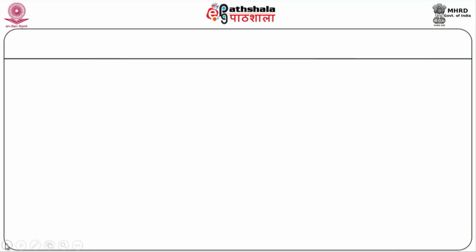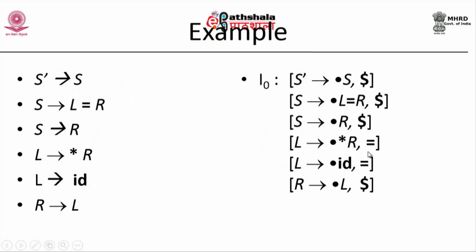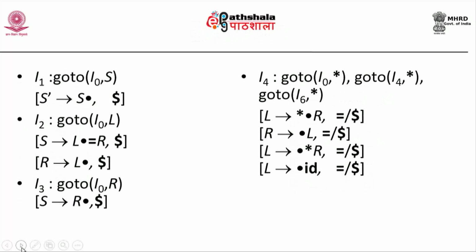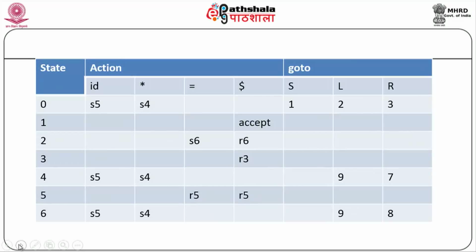Okay, similarly, if you look at it here, L produces ID. Of course, at I5 there is a problem: L produces ID dot, with equal to and dollar. Equal to is because of the first, I0, and dollar is because of here, I4 results in equal to comma dollar. So again this is going to be dollar, I6 comma ID is also dollar, so I have merged them. So look at S5 here. At S5, I have a reduce action R5 comma R5. So this is where I have basically merged.